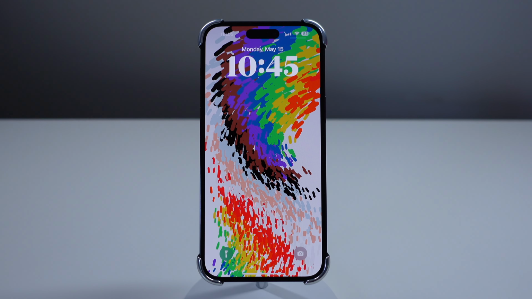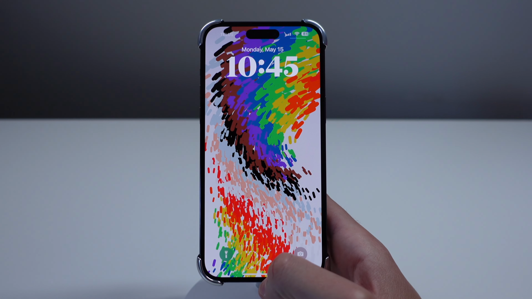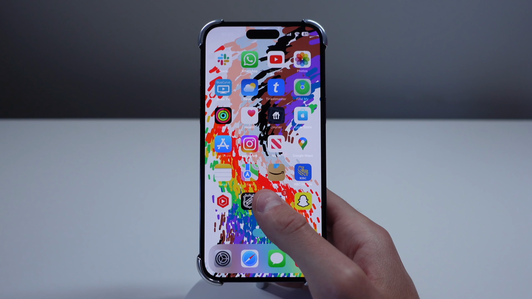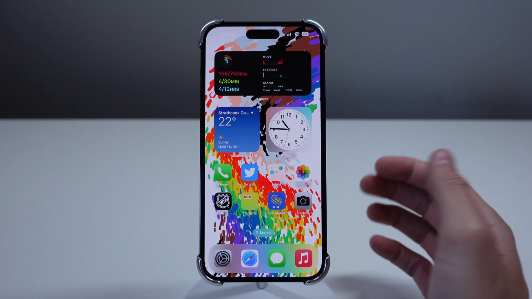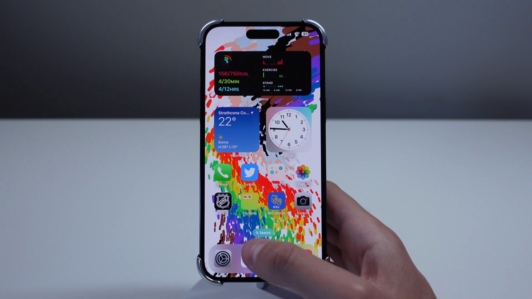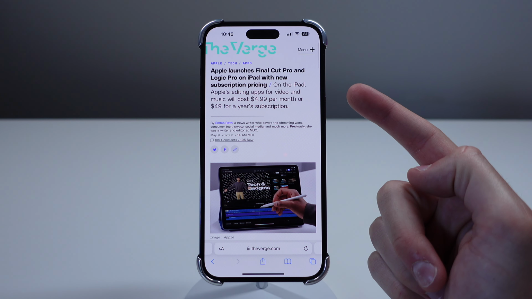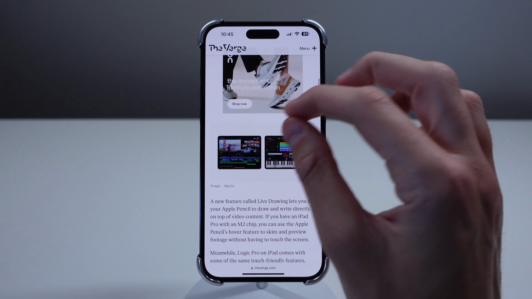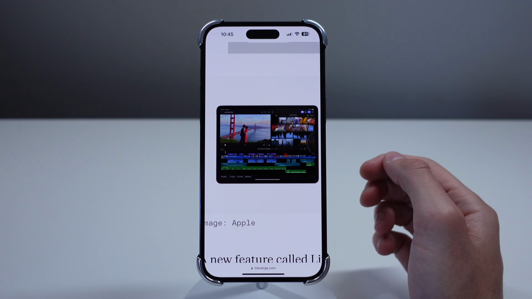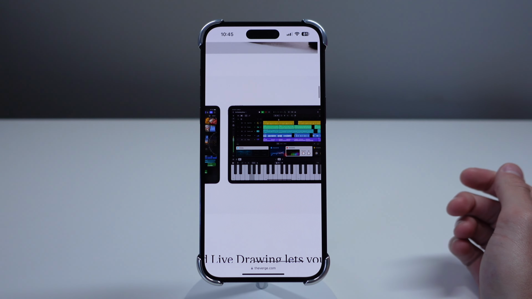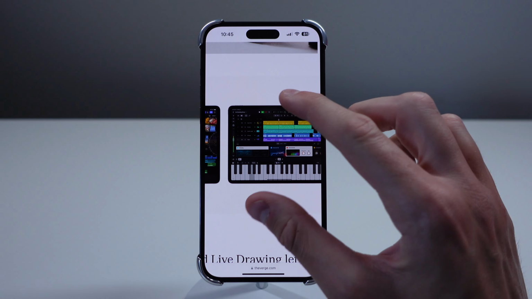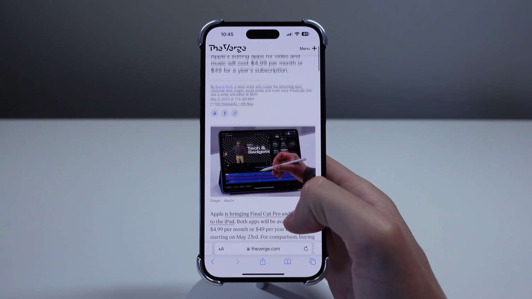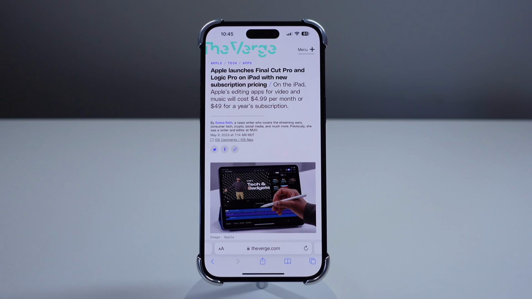So apart from the new Sports tab in Apple News and the new wallpaper I just showed you, that is essentially it for new features in 16.5. Again, this is a very small update. We did recently have Apple announce that Final Cut Pro and Logic Pro are coming to the iPad, so we can only assume that iPadOS 16.5 is of course going to support these pro level applications. And as a quick note, if any of you were curious, these applications are still going to require you to download them from the App Store. They are not going to be pre-installed in iPadOS 16.5.